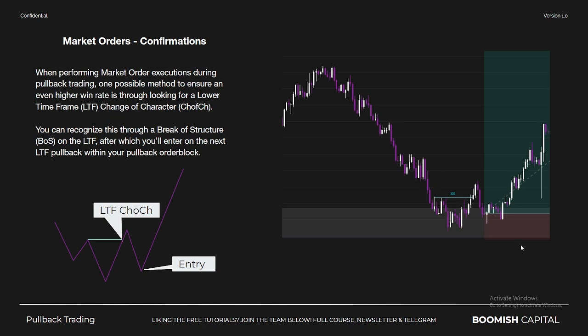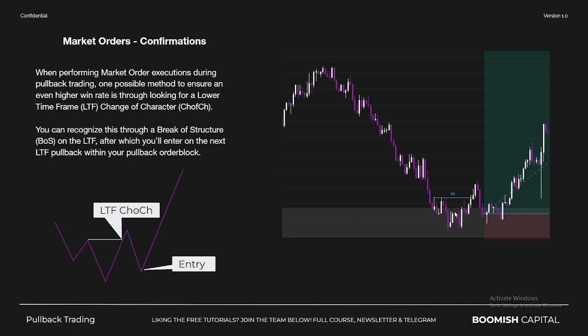Yeah, so essentially, just like I just spoke about, if you want to enter manually, something like this where you have a lot of consolidation within your order block is an amazing market entry, rather than a limit entry. If you're just monitoring your trades, you would have entered multiple times, maybe with your market order just the moment you entered this